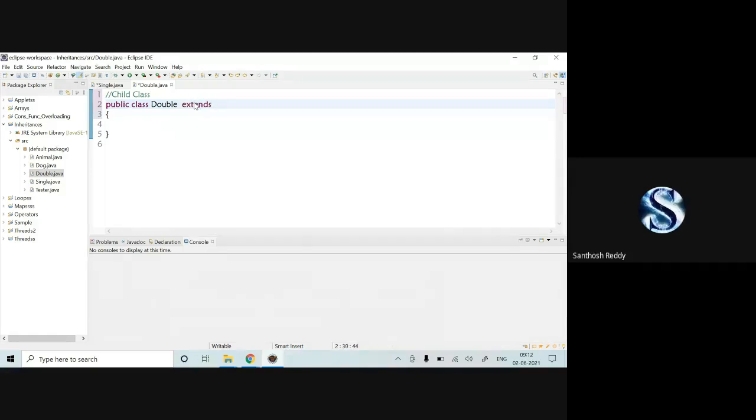Extends, and after extends, what should I write? Single, sir. So make sure that on the right side you have the parent class and on the left side you have the child class name. In between these two classes, we should write the extends keyword. Now I have written the extends keyword.